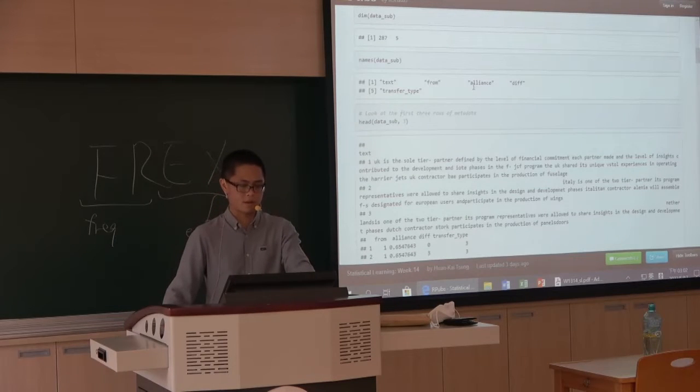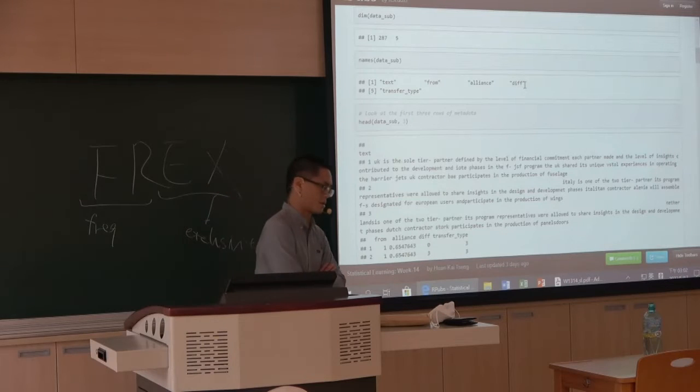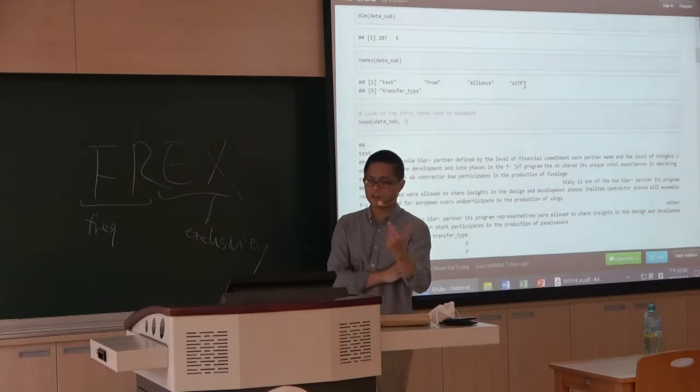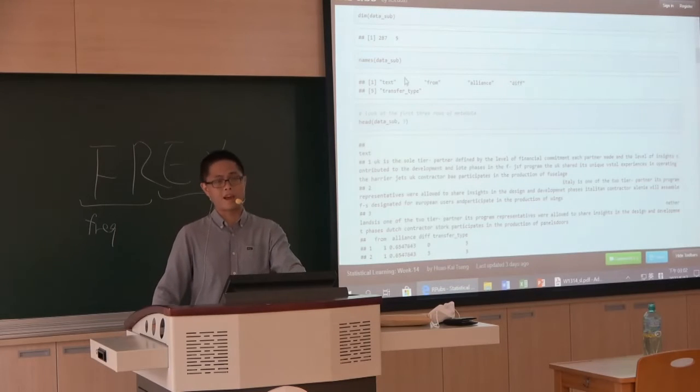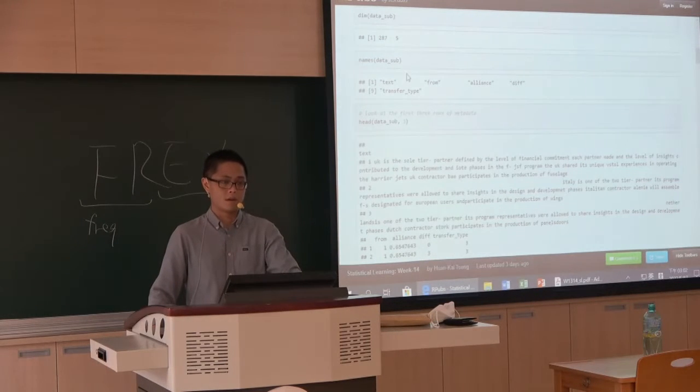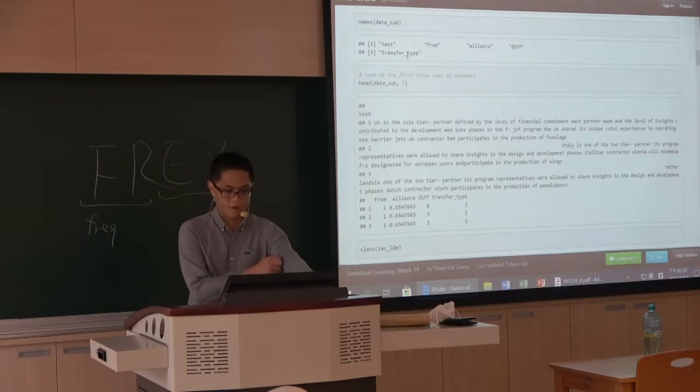And here is a numerical measure of the alliance strength. Also the difference in technological capability, and also the transfer type: co-development, sourcing, or other types of